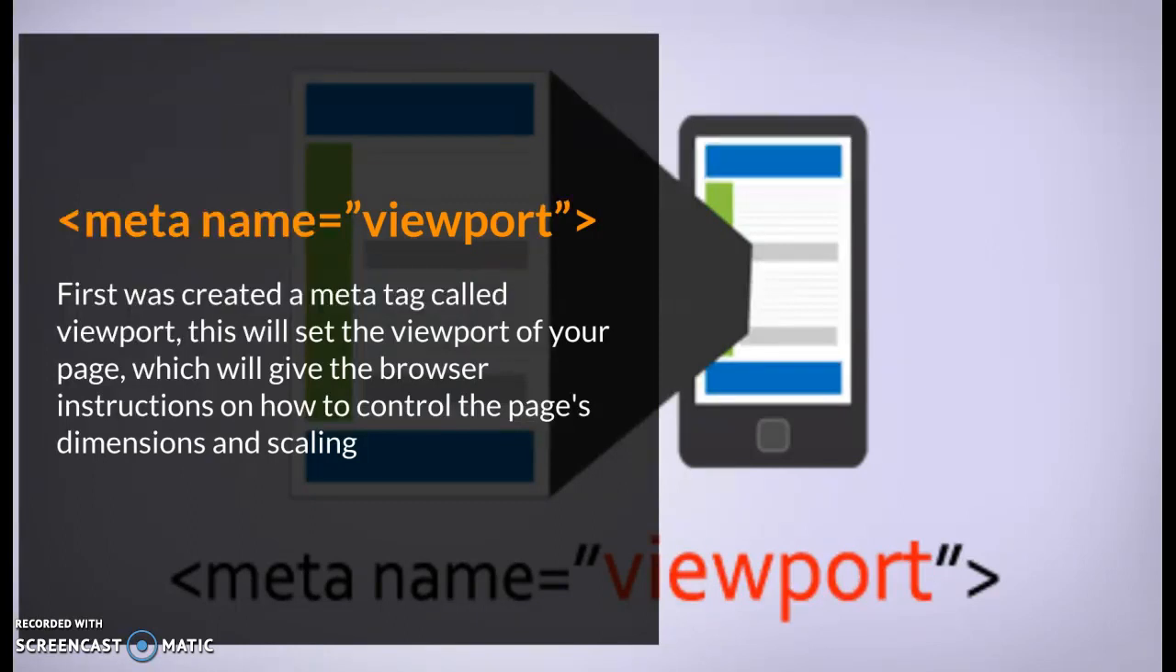This will set the viewport of your web page, which will give the browser instructions on how to control the page dimensions and scaling. So now you have a tag called viewport that you add to your HTML, and it allows a website to adapt the proportion of image, text, and content to the width, dimensions, and scaling of your